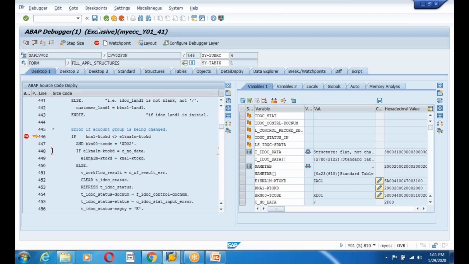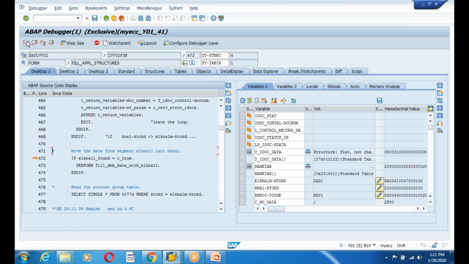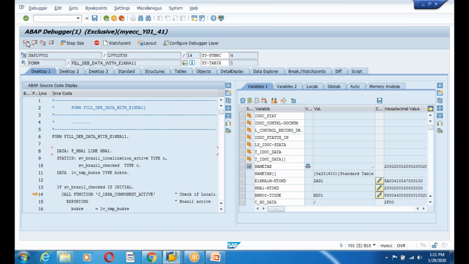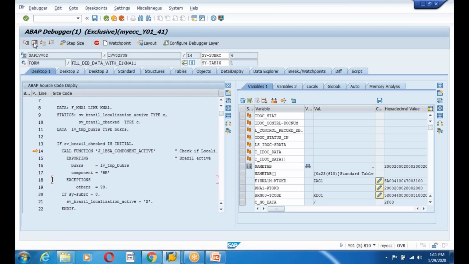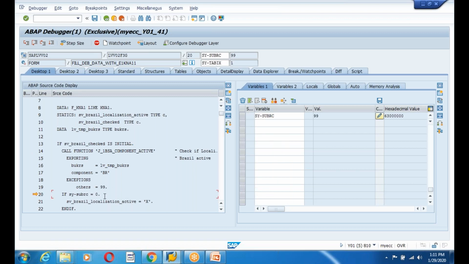Some error is giving, F5, not KNA1. F6. Size, component type. Check if all is